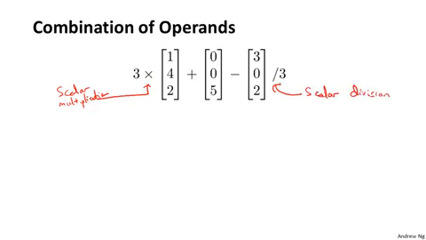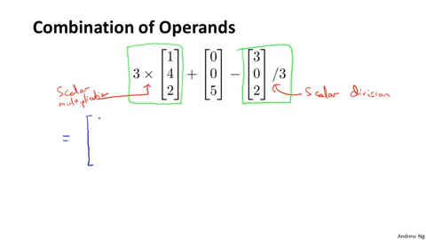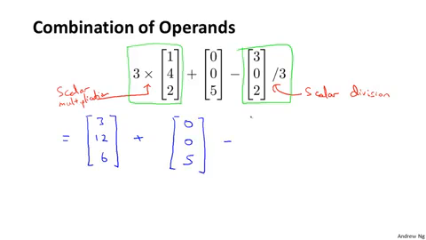This really just means 1/3 times this. And so if we evaluate these two operations first, then what we get is 3 times that vector is 3, 12, 6, plus my vector in the middle, which is 0, 0, 5, minus